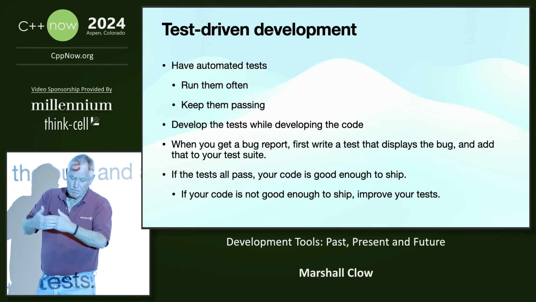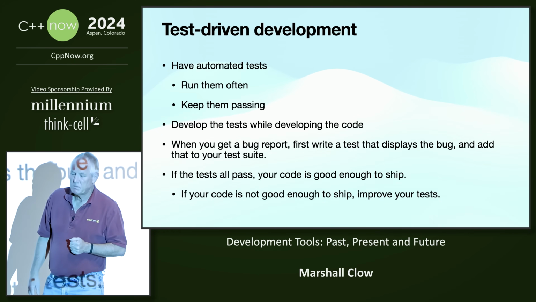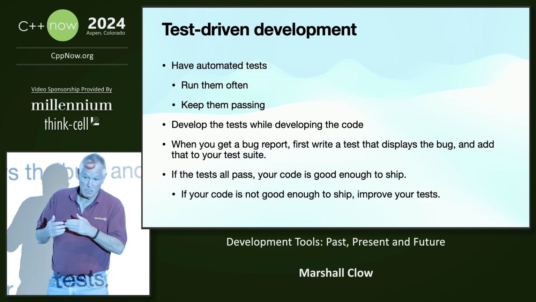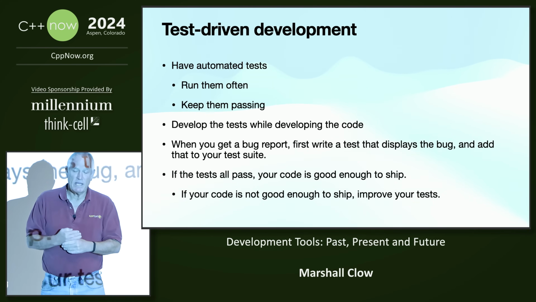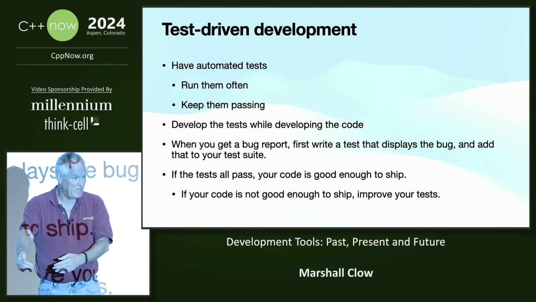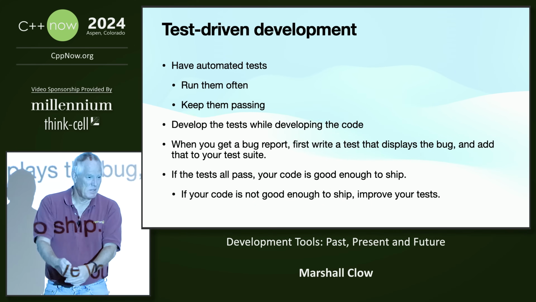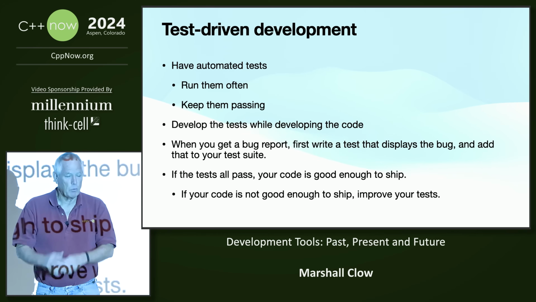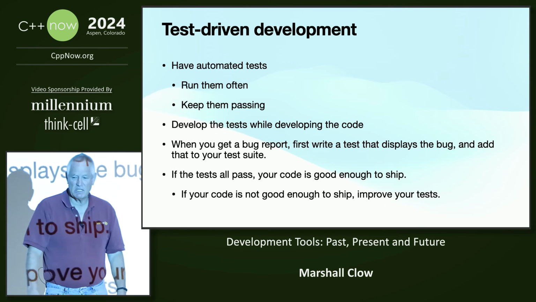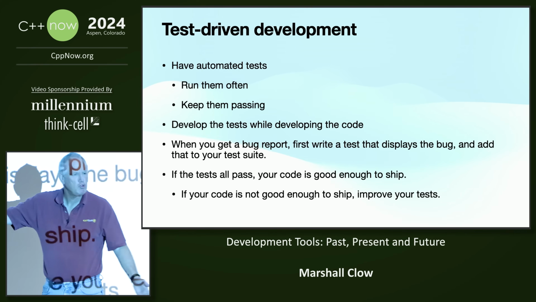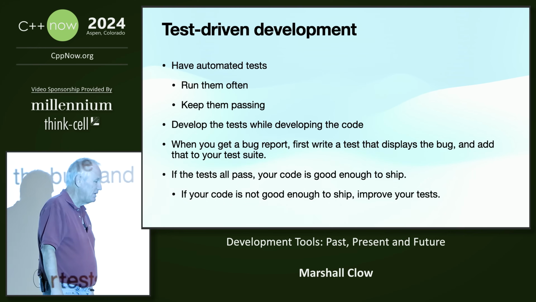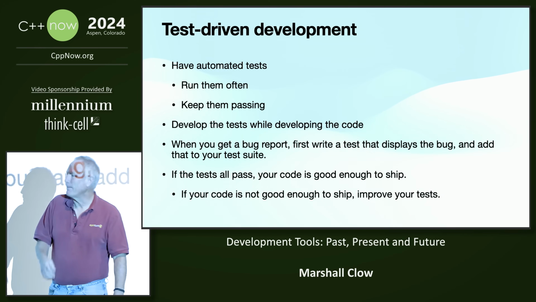The original manifesto of test-driven development was you write the tests while you're developing the code. The end game of that is you write a test, watch it fail, write just enough code to watch the test pass, refactor the code you just wrote, commit that, and move on. And the idea is that each step is 20 minutes or so, an hour maybe. And that you iterate over and over again.